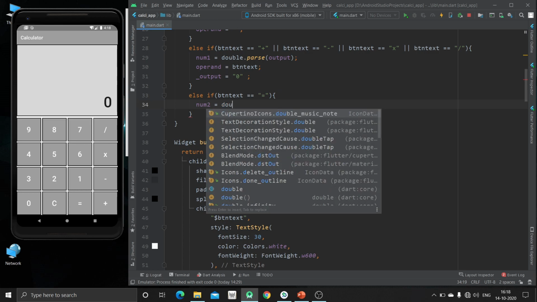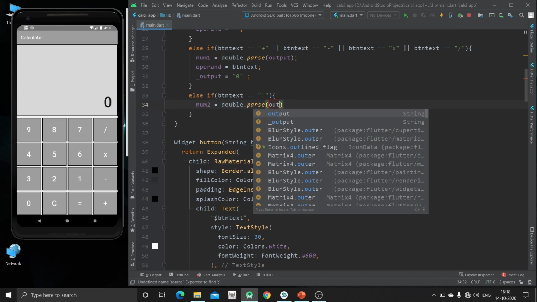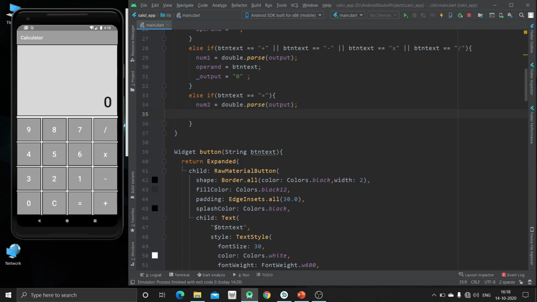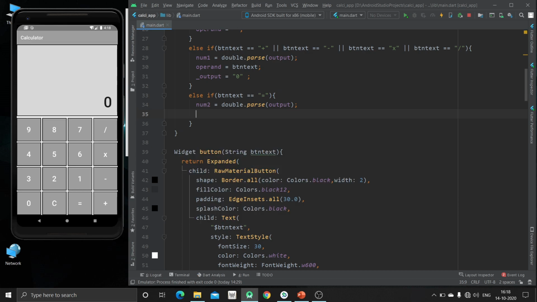So for that, double.parse output, as the number will be stored in the output the first time. So output, now we are going to take, okay, operand we have taken.